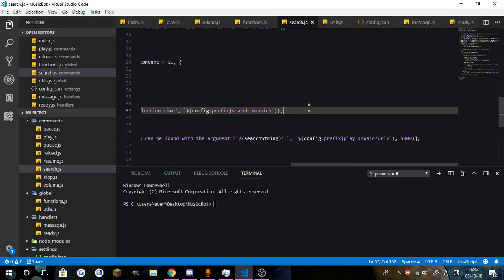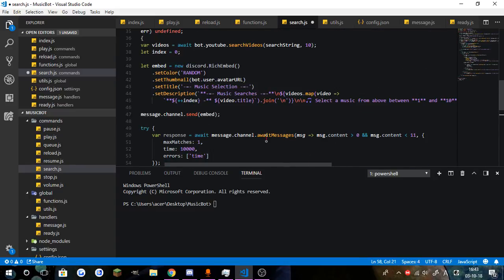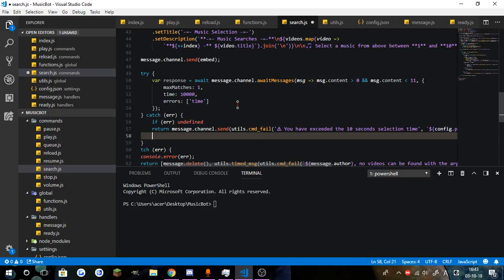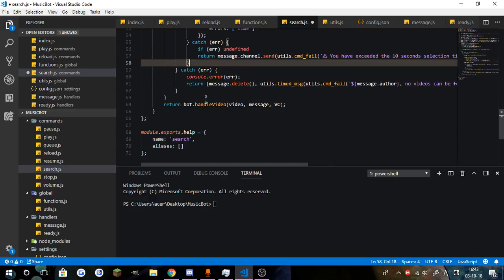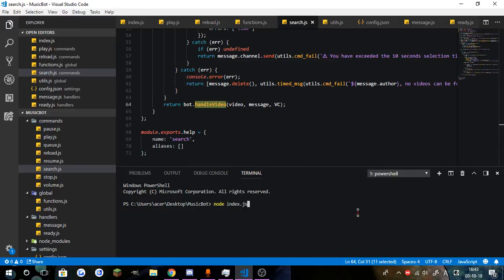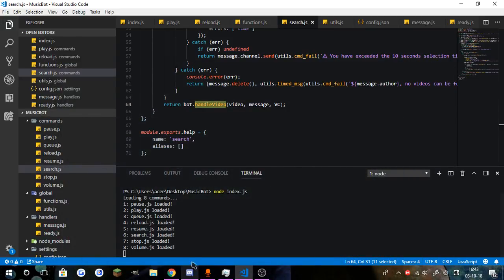So yeah, this is going to stay, and it's not going to be deleted because there's going to be an extra embed there, so we don't want it to look all weird. And that should be it for the catch. And basically that's pretty much it, and the rest is going to handle the rest here. So we're legitimately done with the search command. So if we go ahead and load our bot now, we have 8 commands done,